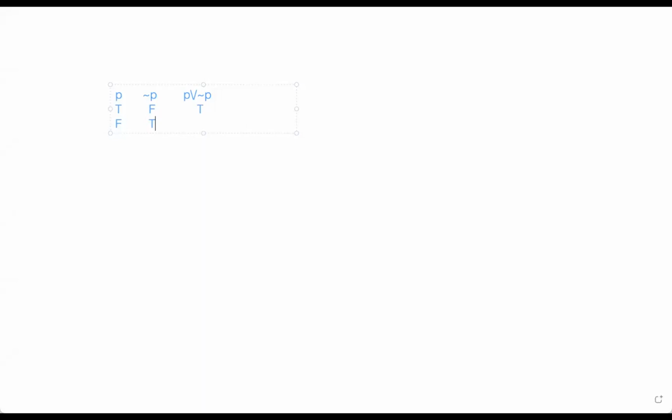Same case is here. P is false, but negation P is true. So P or negation P is true. Now see this last column of the truth table. It is having true values in the last column.